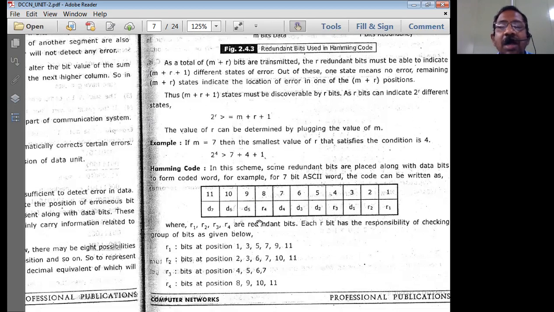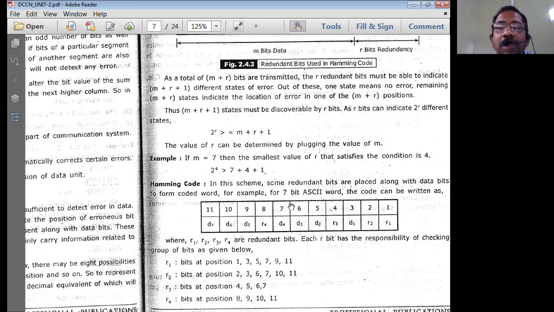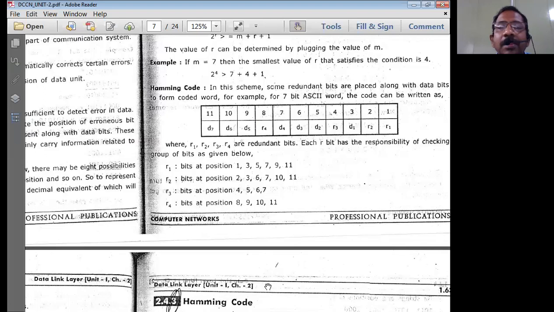So therefore, we have to choose R equal to 4 in this particular problem to find the error in any one of the locations. So m is going to be what now? m is 7 bits, R is 4 bits. So 7 plus 4 is going to be 11. Therefore, we have to form 11 bits. See, 1, 2, 3, 4, so on up to 11 bits have been formed here. Now they are arranged in this particular format. This format is important for this particular single bit of information, and it is essential for all of us to take care.